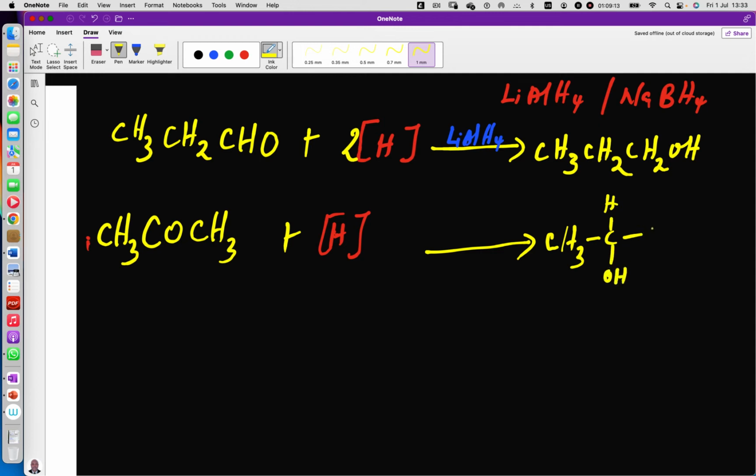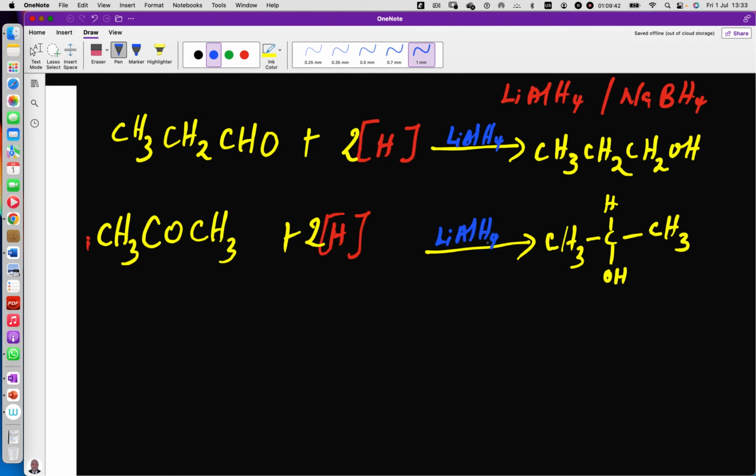You see that this is a secondary alcohol. So how many hydrogens are required? The hydrogen required are just this one and this one. So there are 2 hydrogens required here to produce it. So we can reduce a ketone to secondary alcohol. We can still use lithium